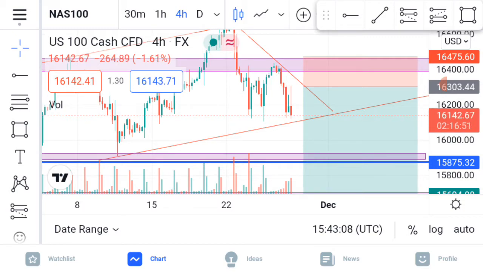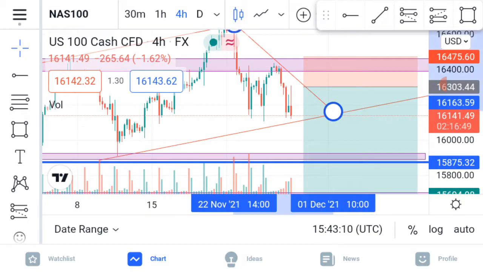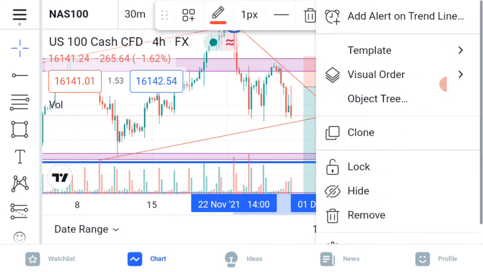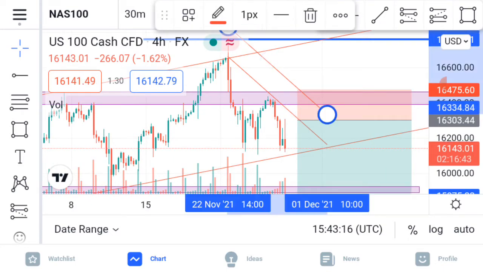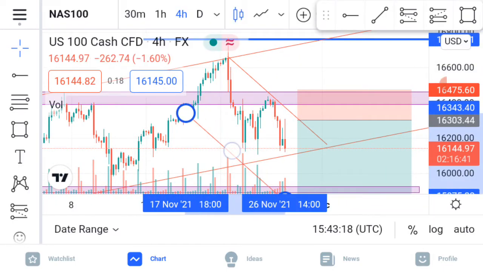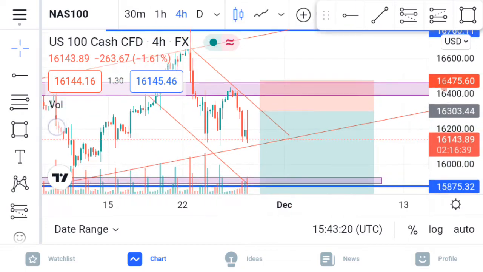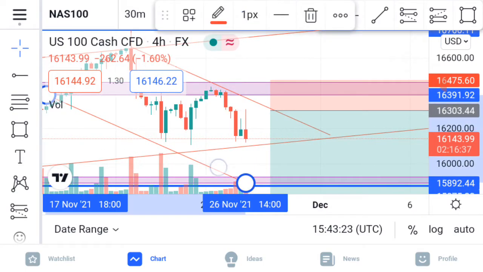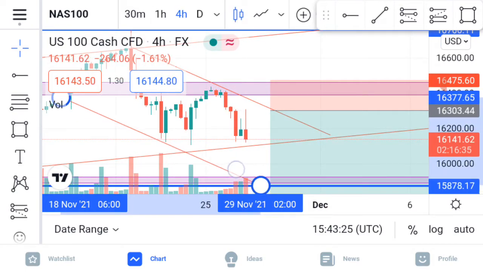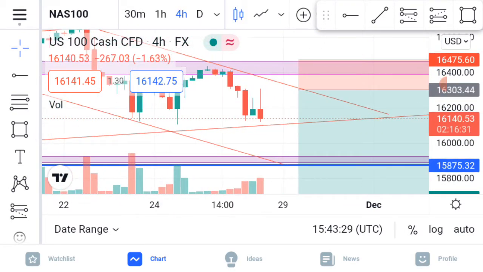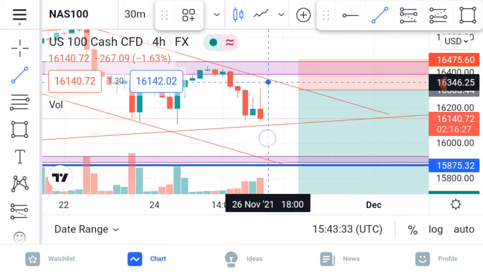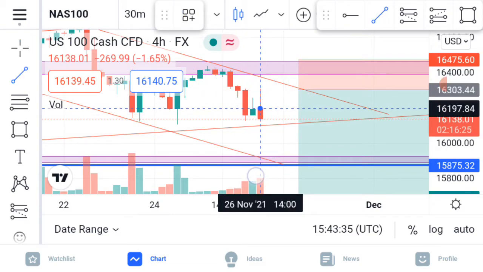And every time I say that at support we buy, at resistance we sell. So this is the trend that I came up with. This is the trend. And mind you, I'm on a 4-hour time frame, as long as you know what you're doing. So I am waiting for the market to show me that it's not going to break